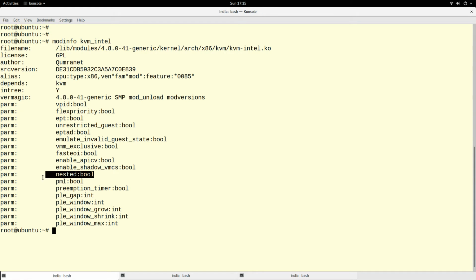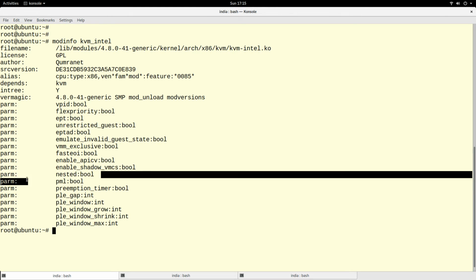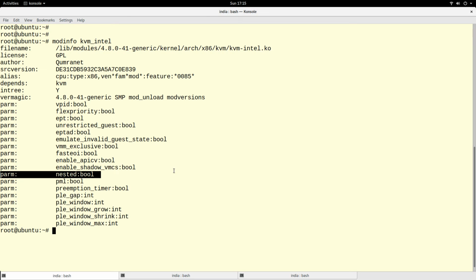This particular parameter deals with having nested virtual machines on a physical host. That is, you have a physical host, then a virtual machine, then inside of that virtual machine you have another virtual machine. So, nested virtualization. You have to change this parameter